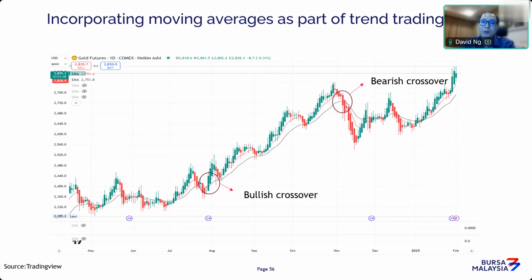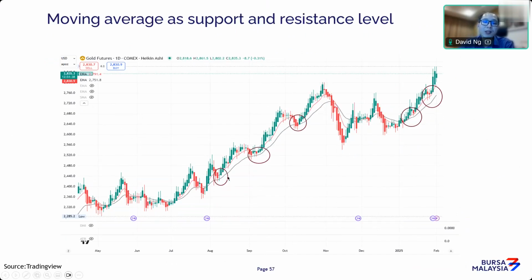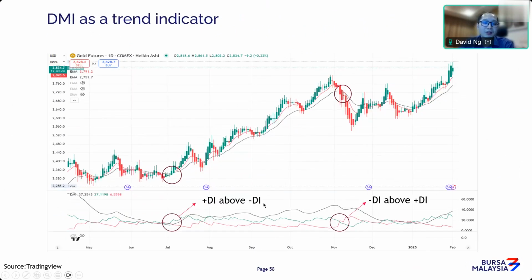It's a bearish crossover. So you can clearly see moving averages are not only giving you signals on the direction of the trend. Looking at this gold market, you can see that moving averages tend to give you dynamic support and resistance levels. You can see that candles are well supported along the lines. The moment you break the lines, it's telling you the market may head into a downtrend, as we can see here. So moving averages not only tell you your crossovers, but also act as support and resistance for your price levels as well.